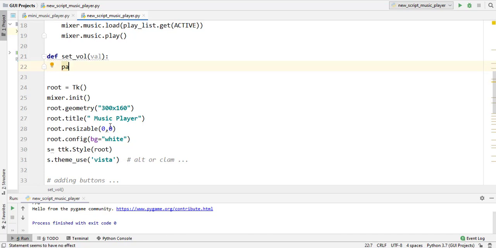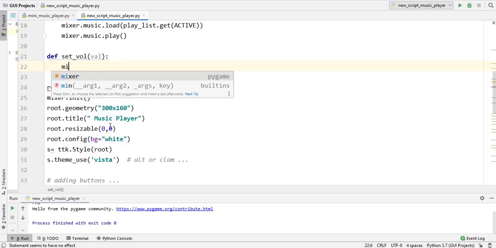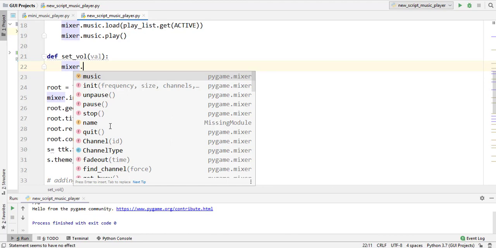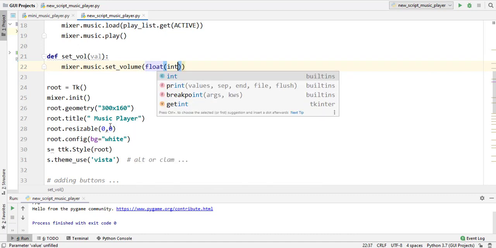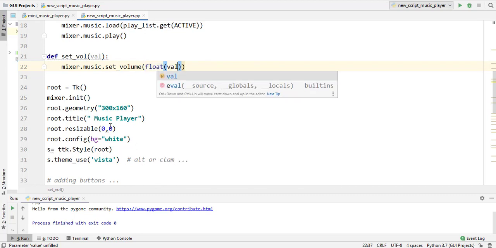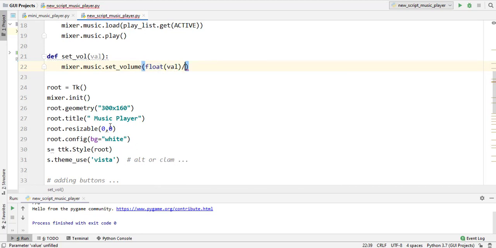For that I have to write only mixer.music.set_volume, and inside it I have to pass float of val divided by 100. Basically I am doing this because the value returned by it is in string format, so I am converting that into float.